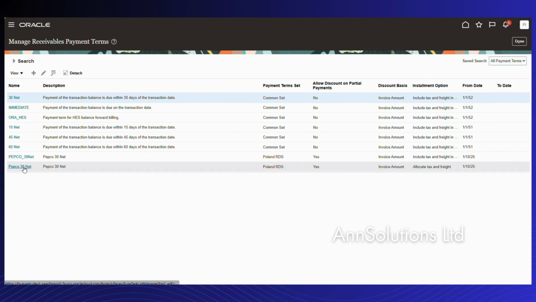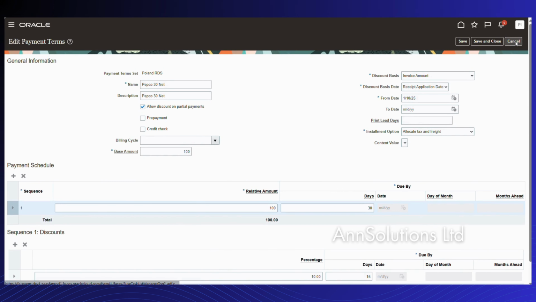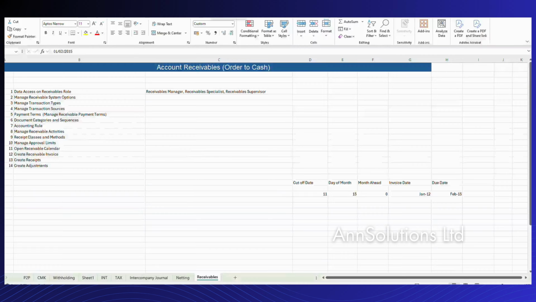We have created it. It was not showing earlier, but yes, just created. Okay. Now coming back to day of month and month ahead. Let me give this example. If your cutoff day